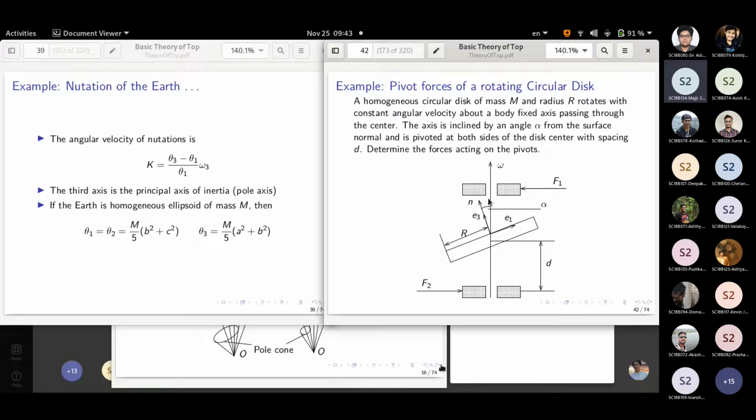However, when there is a slight tilt in the way you have mounted, but you are forcing it to rotate in some other direction, which is your omega direction, then there are forces felt, F1 and F2. We will be computing these forces. Let us assume that the center of this wheel is at a height of D and the same length is there from the top. It is mounted in the center.